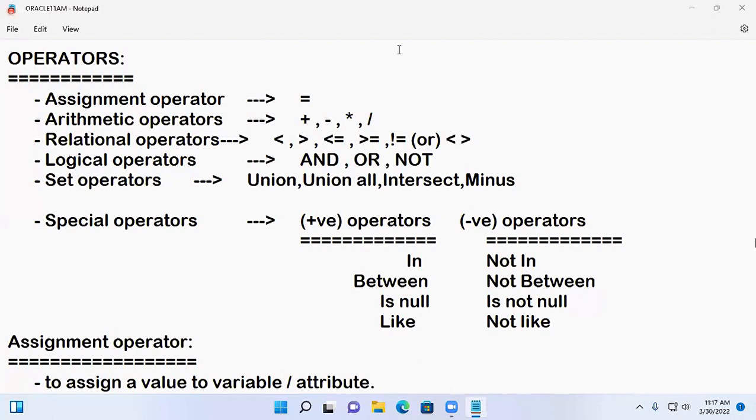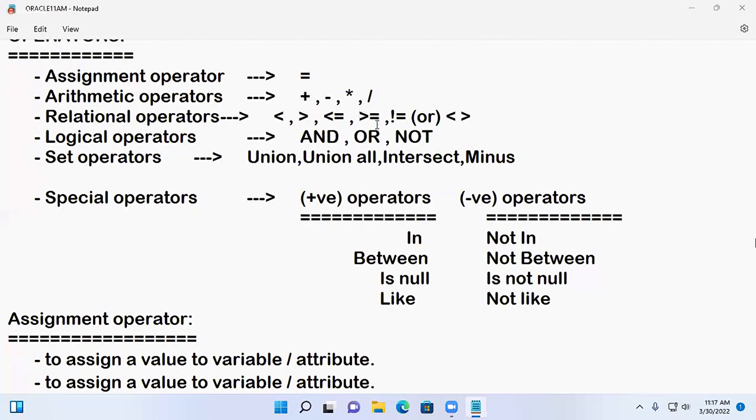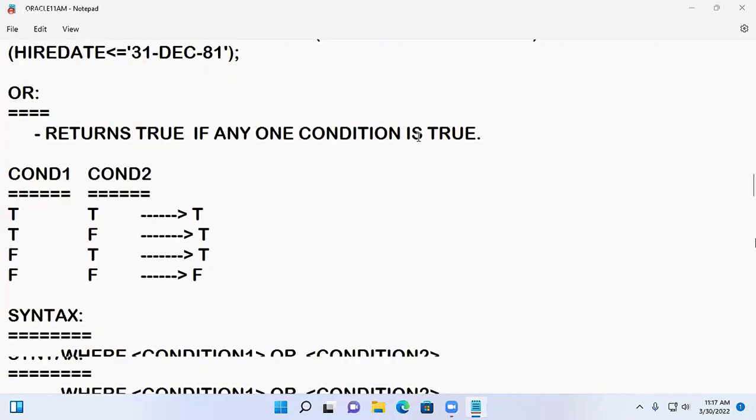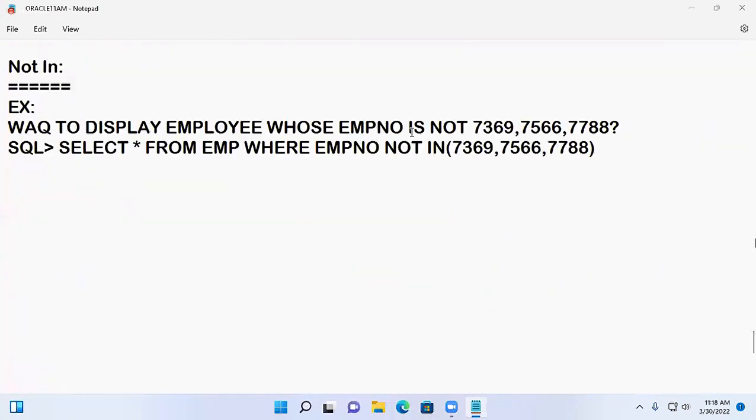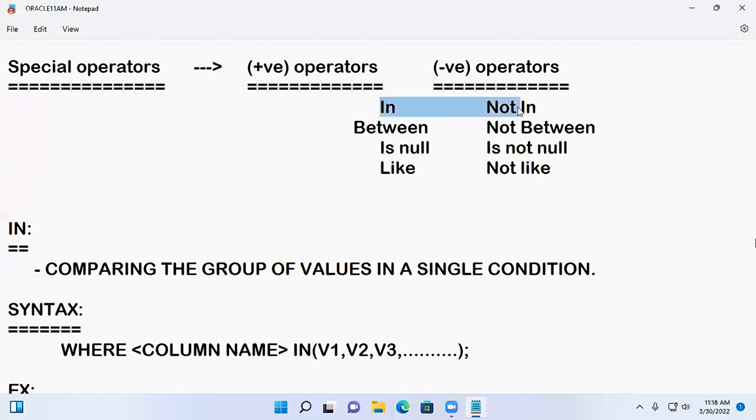Okay, good morning, guys, all of you. So yesterday we started special operators. In this, one of the special operators we discussed was IN and NOT IN. And the next one is,